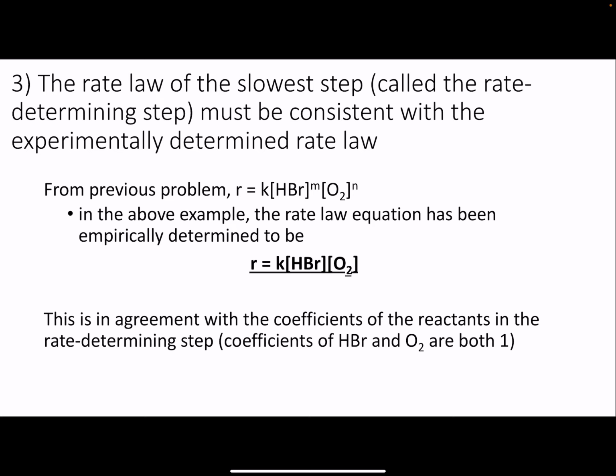Finally, the slowest step, and that's where that speed data comes from in the previous slide, has to be consistent with the experimentally determined rate law. So you would need data to determine this, either the rate law itself or some kind of information. So remember, the rate law just tells us the rate law. Sorry, it's not an integrated rate law where we have a change over time. This is where we have the rate proportional to the concentrations of the reactants. Okay. So if we look at that rate law that we see there,